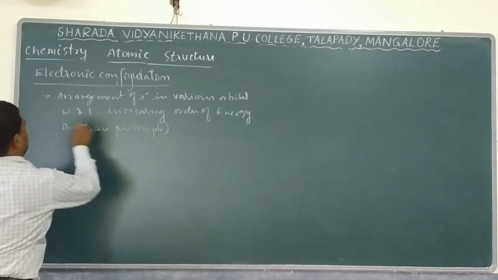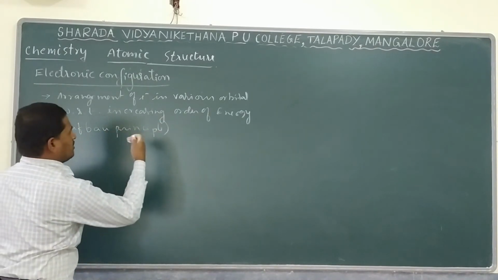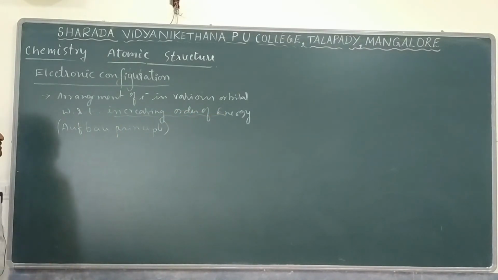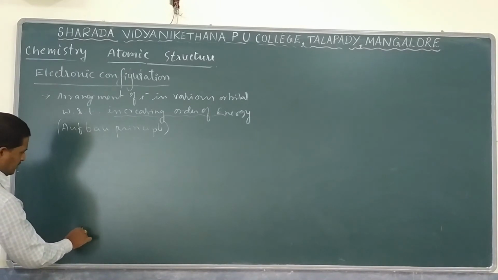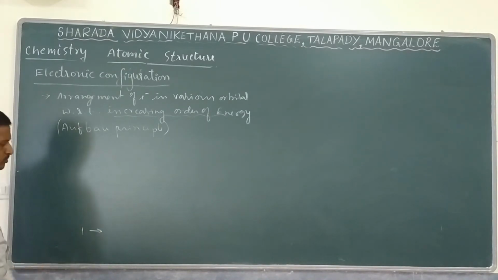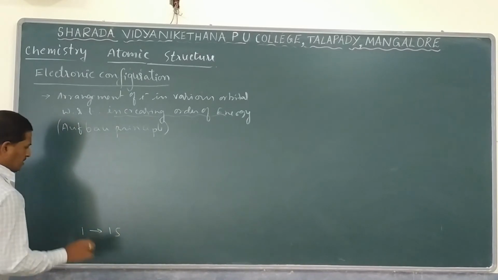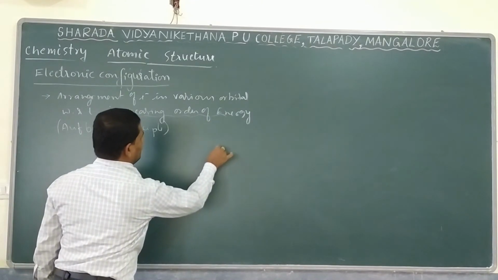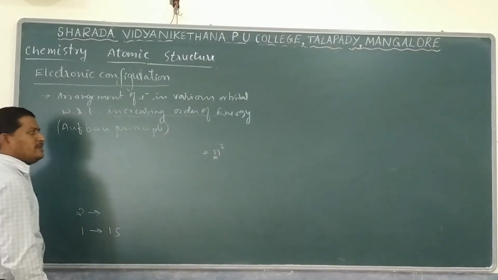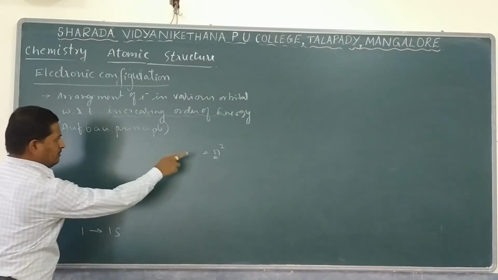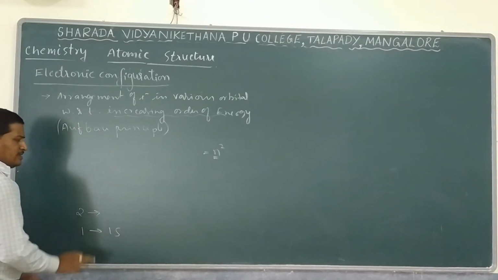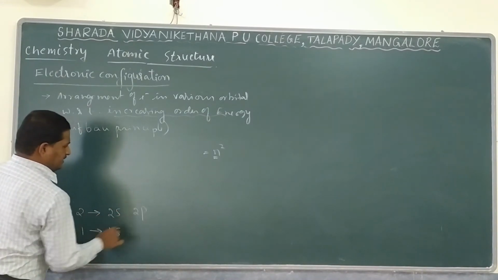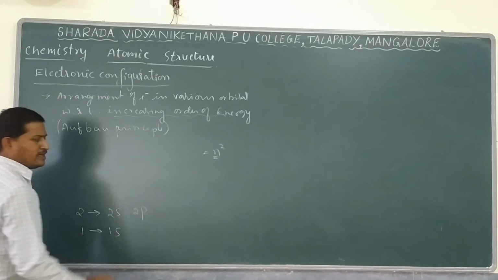So based on this Aufbau rule, we write electronic configuration with increasing order of energy. Let us see the sequence of that. In the first shell, the number of orbitals is only one, and that is the 1s orbital. In the second shell, totally 4 orbitals are there. The number of orbitals is calculated using the formula n square, where n is the shell number. First shell, 1 square, nothing but the 1s orbital. Second shell has 4 orbitals: 2s is one orbital, and then 2px, 2py, 2pz. In general, 2p is the other orbital.